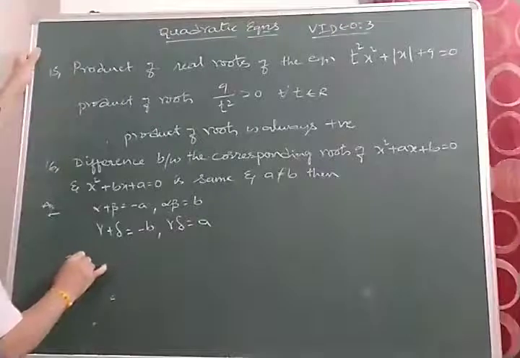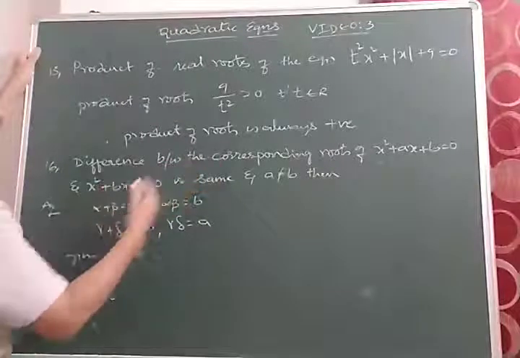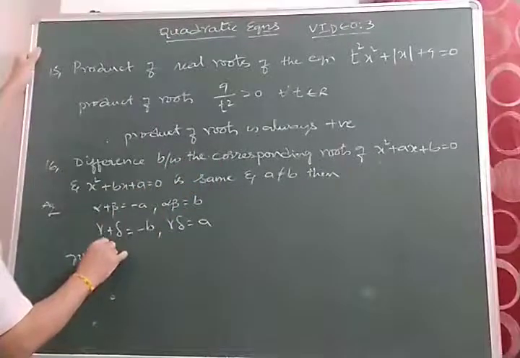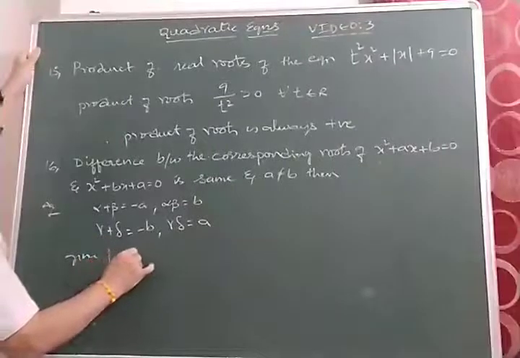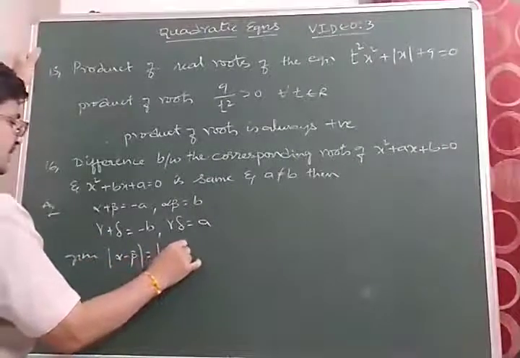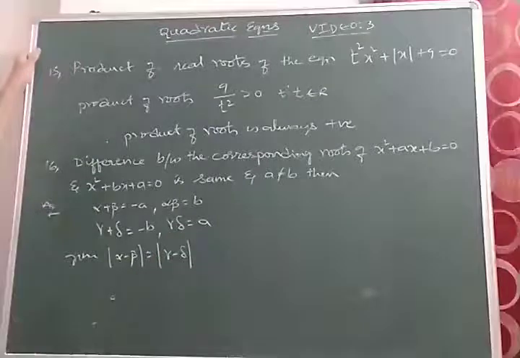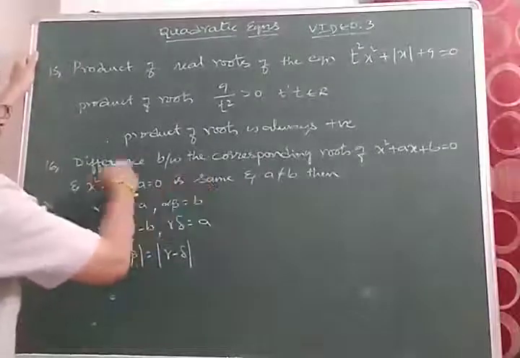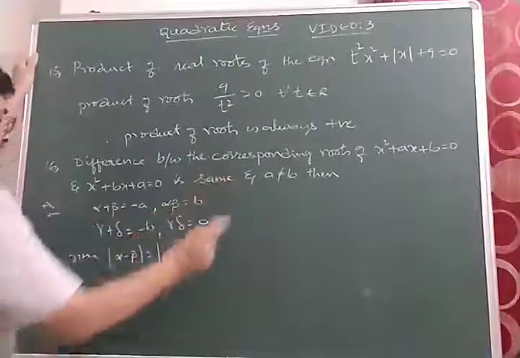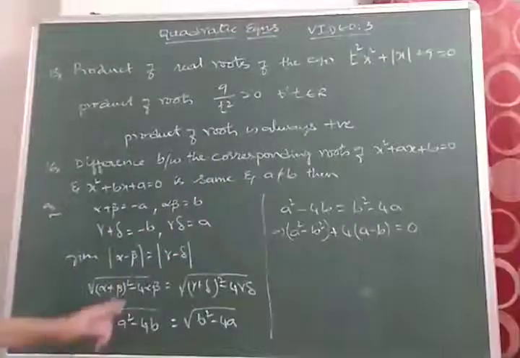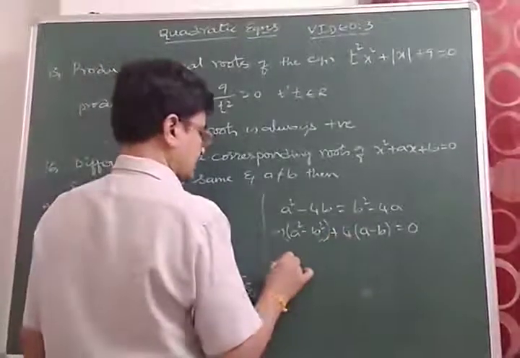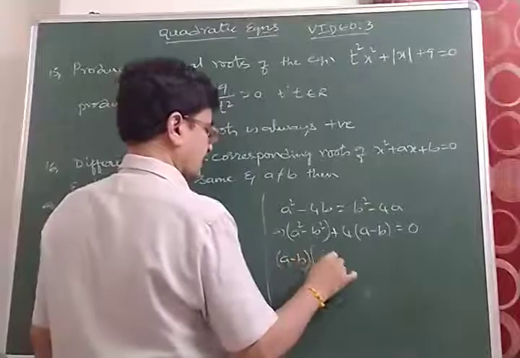Given the difference between the corresponding roots, that means alpha minus beta is equal to gamma minus delta. Both are equal, the same. The differences between the roots are the same. Now we take a minus b common. A plus b plus